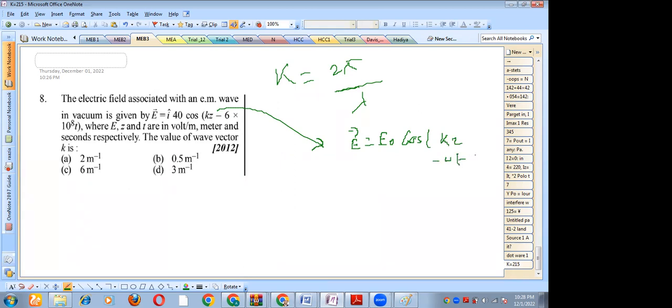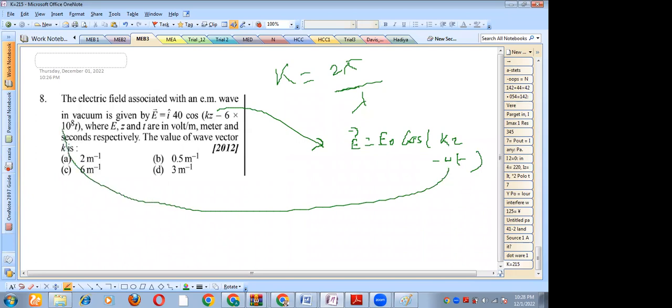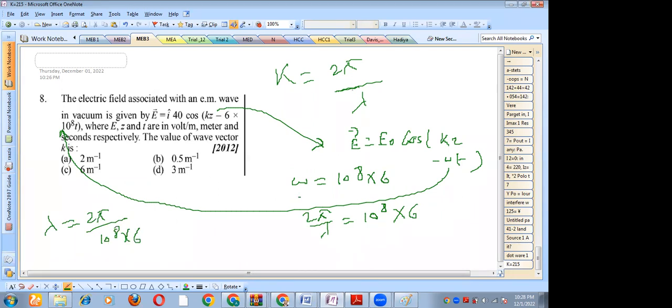If you compare this with the given one, you will get omega. Omega is basically 10 to the power 8 into 6. And we know that omega is 2 pi by lambda. So 2 pi by lambda is 10 to the power 8 into 6. From here we can calculate lambda. Lambda will be 2 pi by 10 to the power 8 into 6. So now put the value here. 2 pi by what is lambda? Lambda is